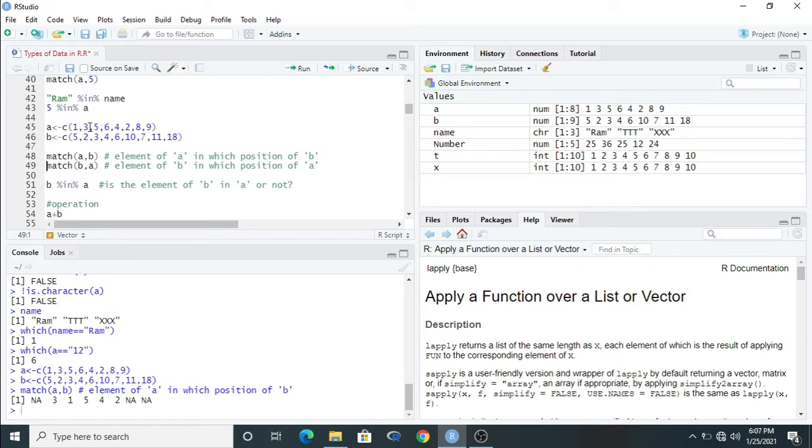Okay, second is 3, and in which position? It was in third position. If there is another 3 also here, then also it will show the third position, because this will show the first position first. Clear? So this match function indicates the position of the first vector, that is A, in the second